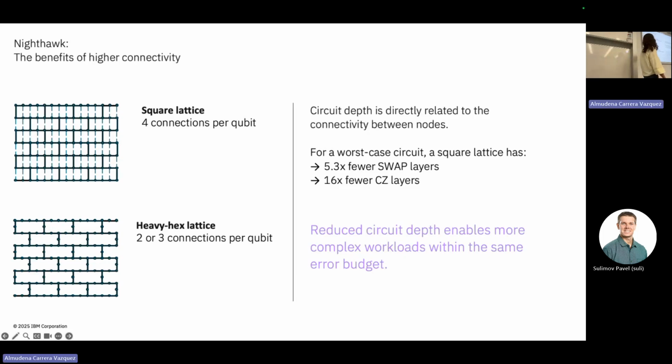Now, I mentioned that at some point the chips went from just increasing the qubits to something else. So the older chips had this type of coupling map or connectivity graph, and all the qubits had between 2 and 3 connections. In the new one, they will have 4 connections. So why is this important? Whenever you have a circuit and want to map it to something like that, in most applications you require, if not all-to-all connectivity, pretty close to that.